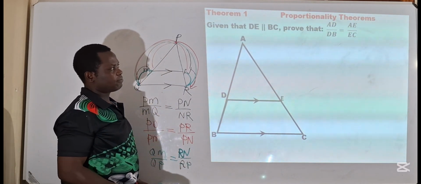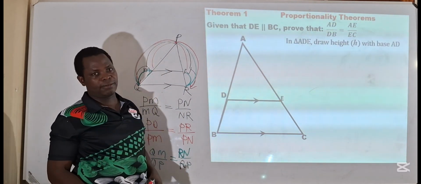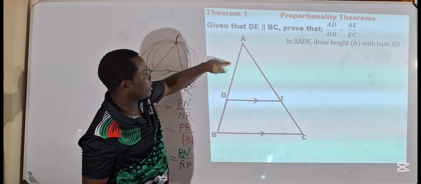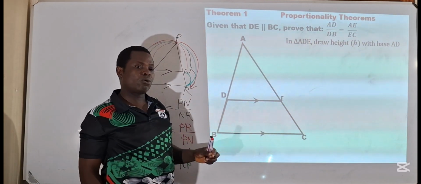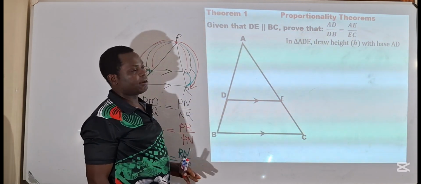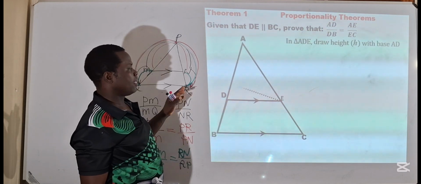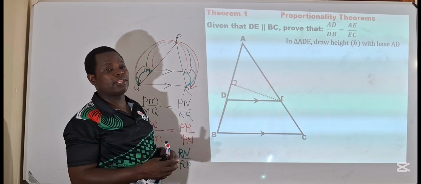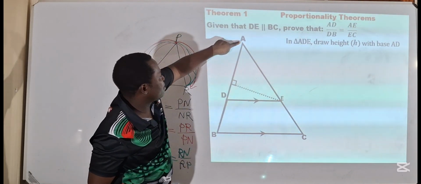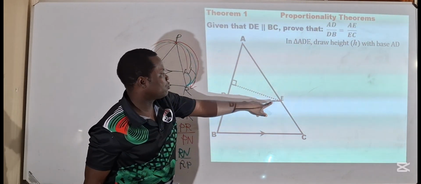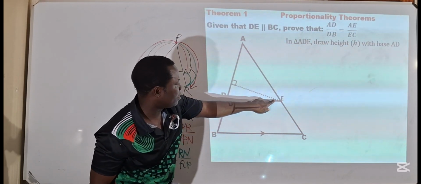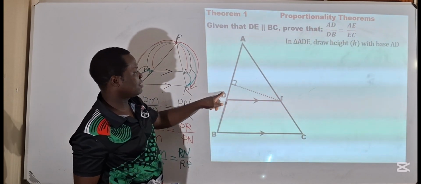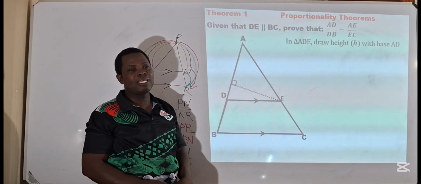Now, to do this proof, we have to do some construction. In the top part of the diagram, in triangle ADE, you draw the height of the triangle. So I'm going to draw the height of the triangle. In mathematics, the base and the height are perpendicular to each other. So we are using the side AD, and we draw a height from point E up to the side AD. So that means AD is the base, and this line that we have just drawn is the height of the